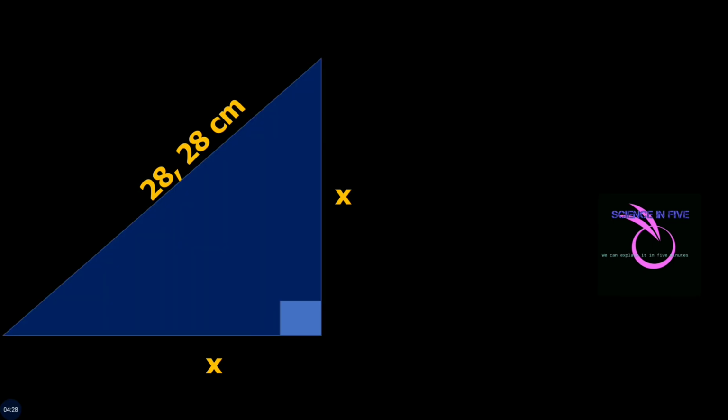In this diagram, we've got an interesting scenario because we can clearly see the slanting side is 28, that is the longest side. The perpendicular sides are both marked X. So we can apply the Theorem of Pythagoras. 28 squared equals x squared plus x squared. Like terms can be added. We end up with